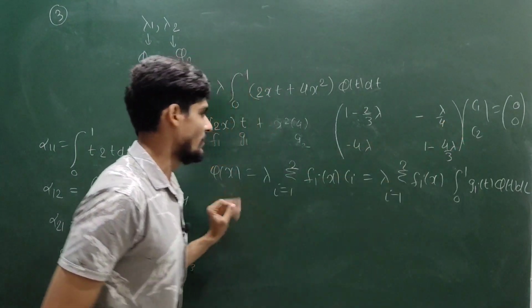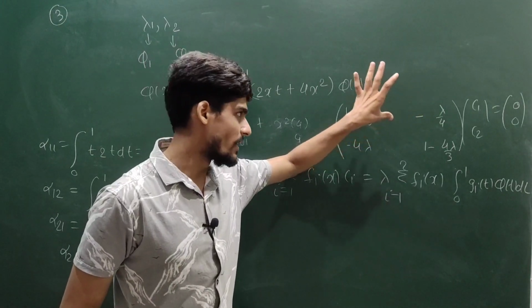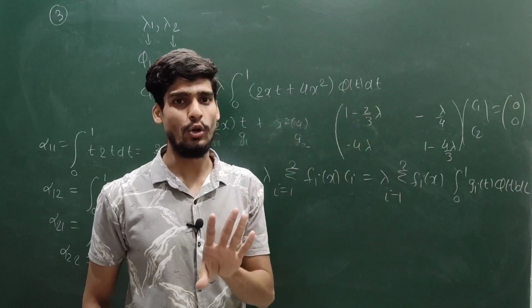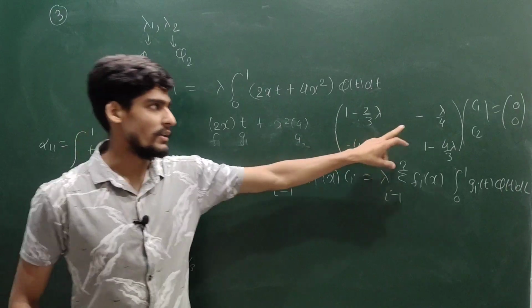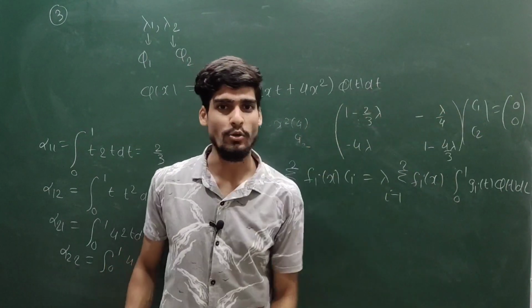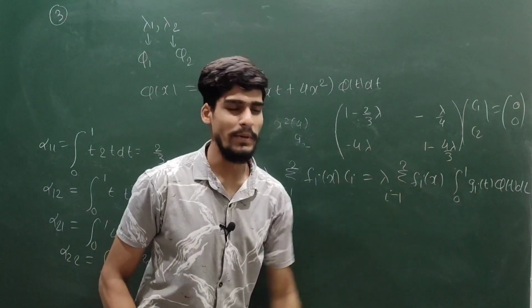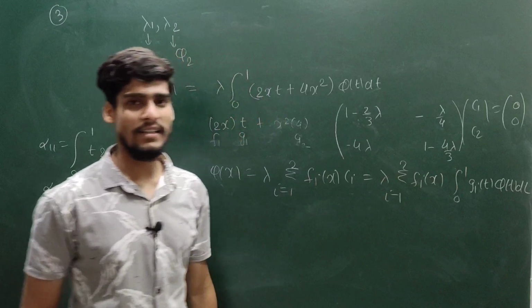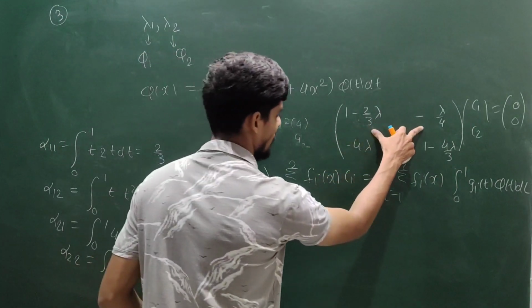See, in this case, if the determinant of this matrix is non-zero, then obviously I will have the unique solution, and the solution will be C1 is 0, C2 is 0, because whenever your determinant is non-zero, this system of linear equations will have a unique solution. So your C1 will be 0, C2 will be 0. So for a non-trivial solution, I just need the determinant of this matrix to be 0. So I will assume the determinant of this matrix is 0.